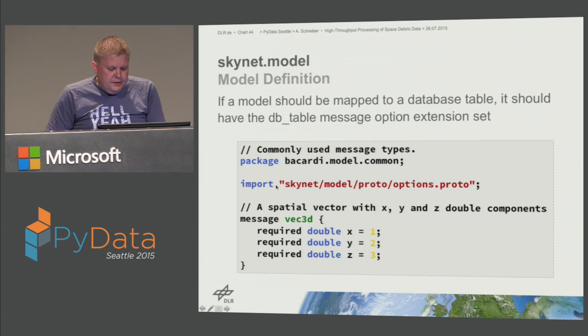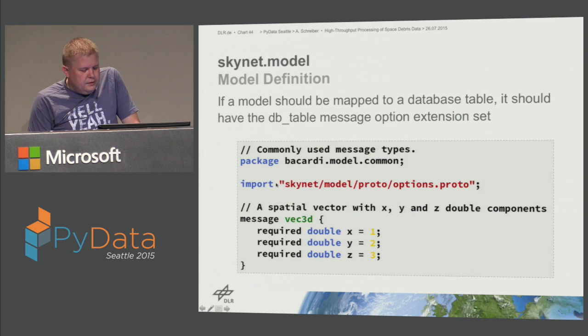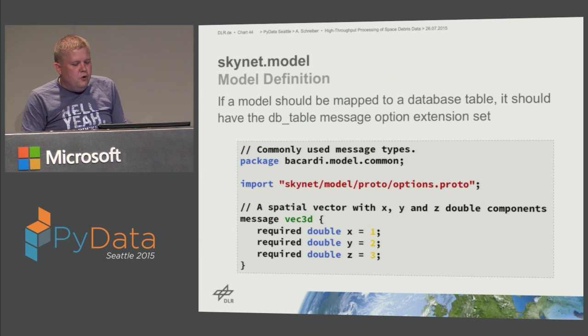This is in this line here. This is in the protocol buffer interface definition file. We import things for the database connection, and then you see for example a definition of a vector, which is naturally very simple. So the Skynet model